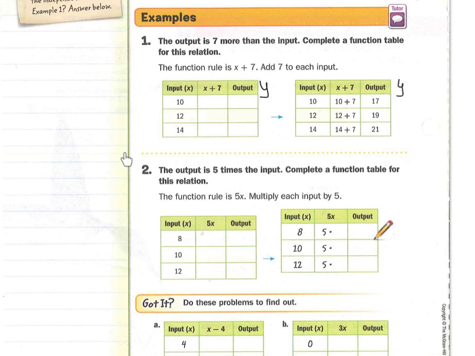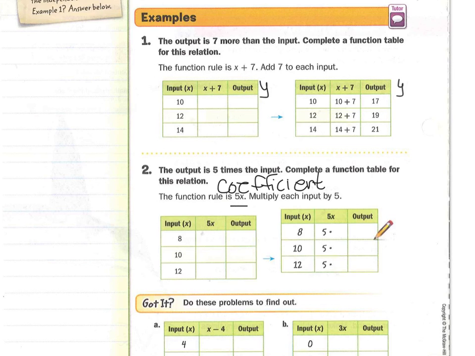Let's look at number 2. The output is 5 times the input. Complete a function table for the relation. The function rule is 5x, meaning 5 times x. Remember, whenever you have a number next to a variable, that number right there is your coefficient. Let's just write that down so we remember. Any number in front of a variable like that is a coefficient,